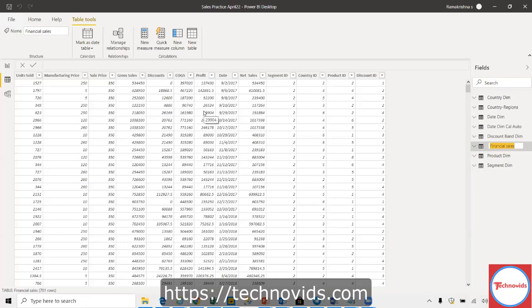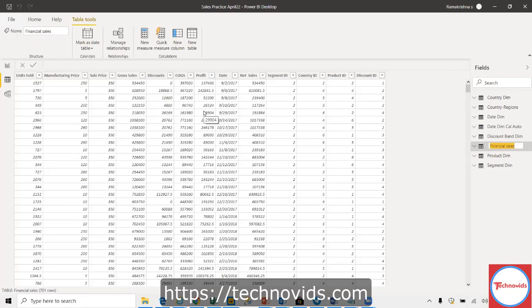So from the source file, we need not take these as such. We can always derive this data within Power BI, which will return the same thing as long as the business logic remains the same. The data also shouldn't vary from what you receive from the source file and what is being reported here. Okay, clear?